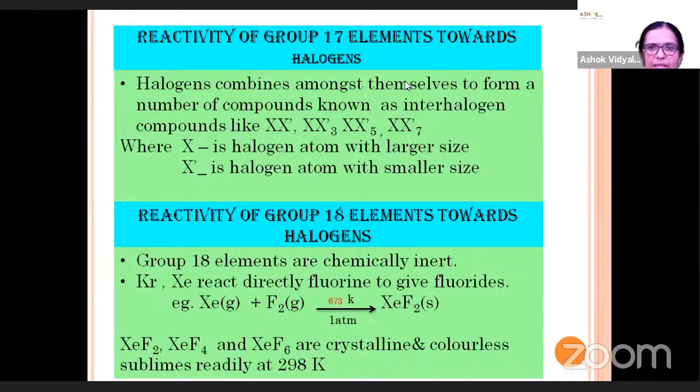These are known as interhalogen compounds, means halogens combine among themselves and form compounds known as interhalogen compounds, and these are of these types: XX', XX'3, XX'5, XX'7,